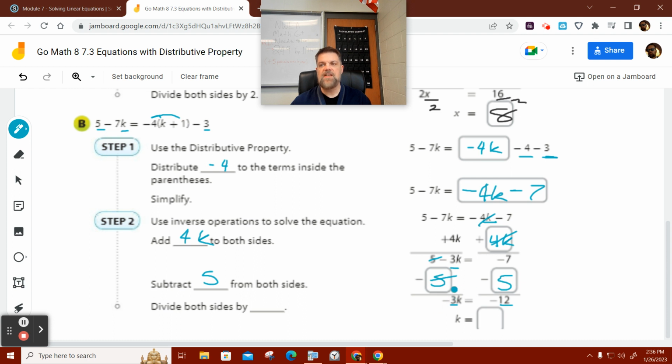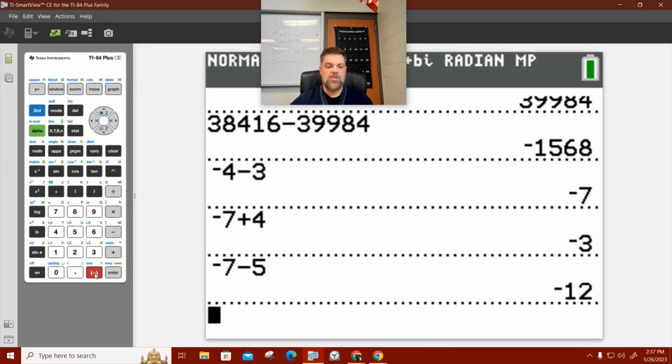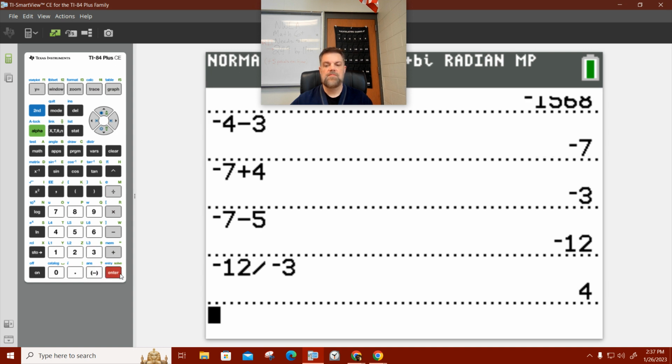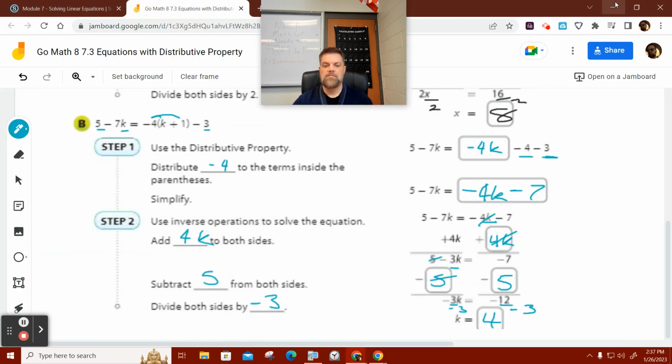Now I want to move the negative 3 away. It's multiplying by k, so I would divide both sides by negative 3. What's negative 12 divided by negative 3? You're close. It's actually positive 4. A negative divided by a negative is positive. Again, if you're not sure, plug it in the calculator and check. Positive 4. Okay? Are there any questions on that? Okay. So I think that